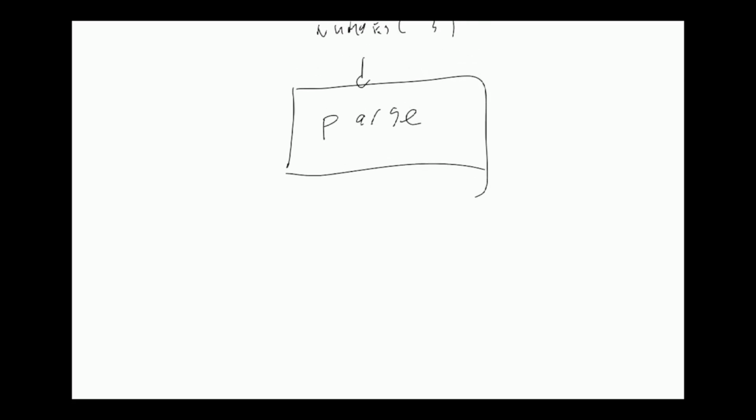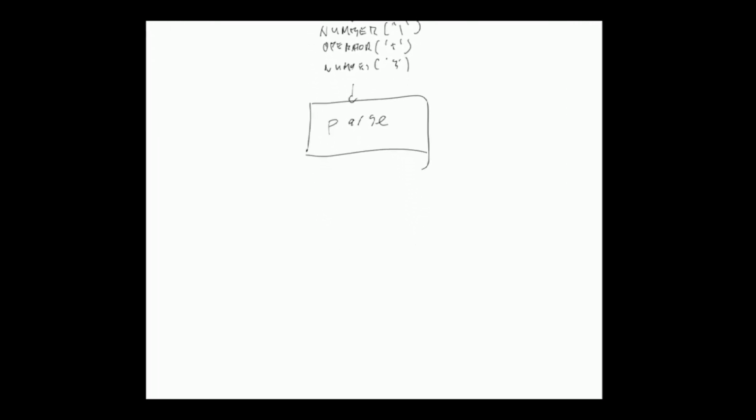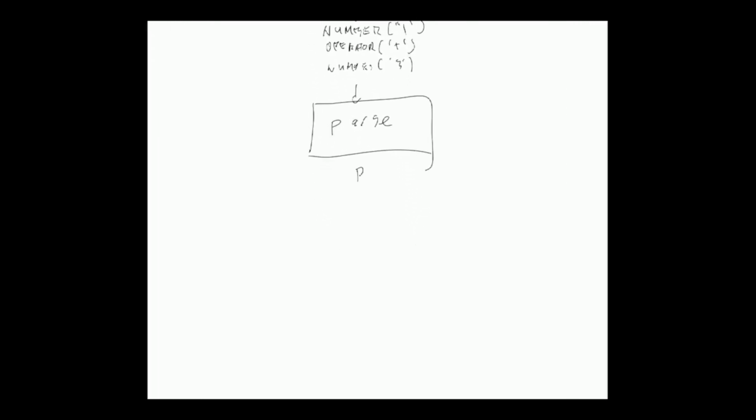And so for this input program, 1 plus 3, semicolon, 4 star 7, we're going to break it down into a tree that looks like this. So a program consists of a single statement list,